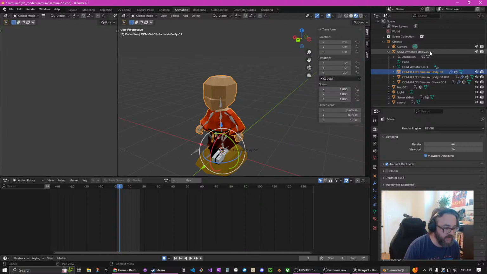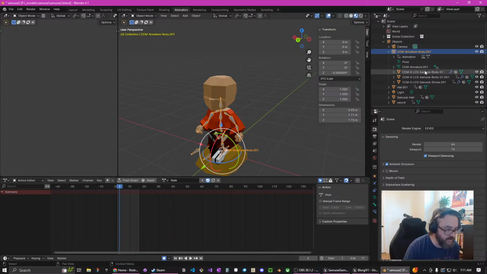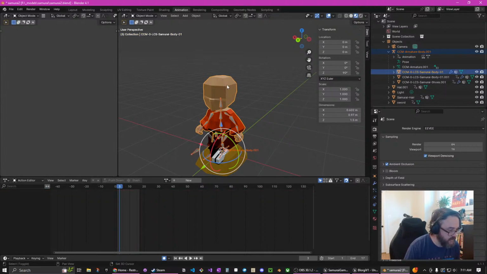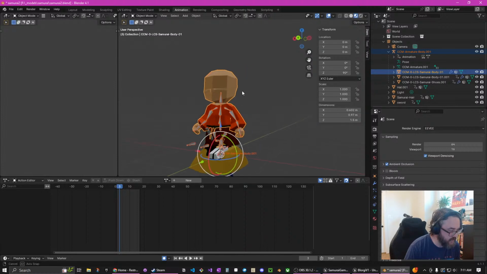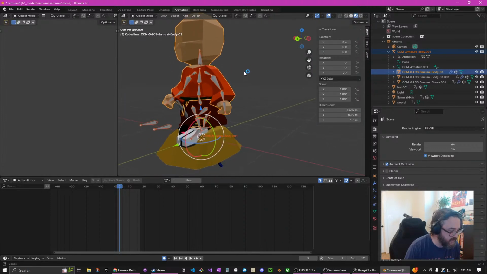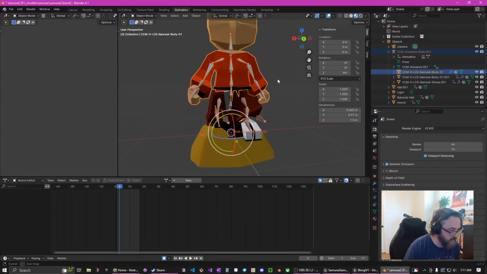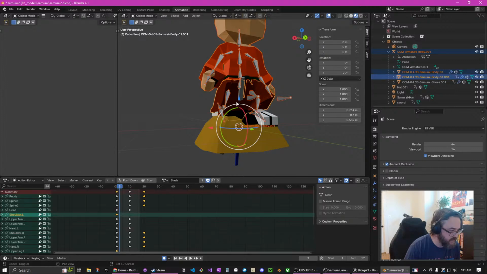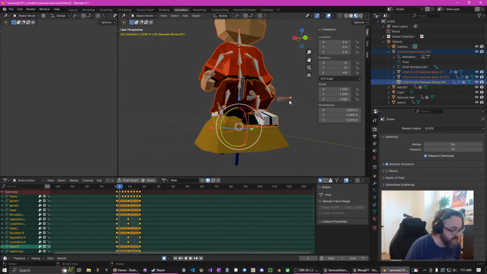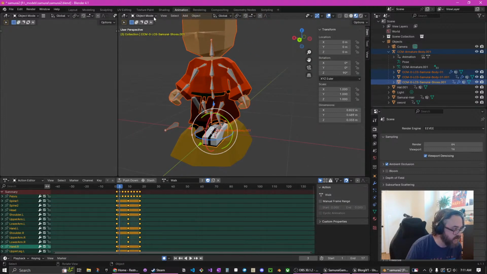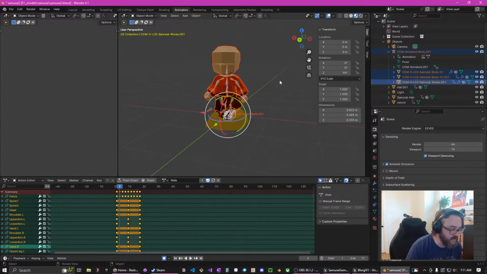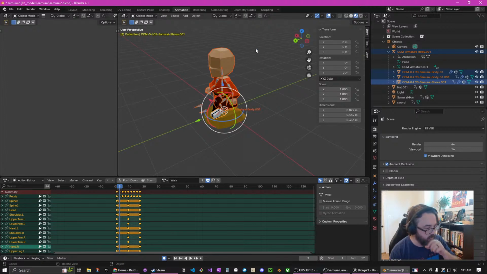So if we select the armature and we select arms, legs, and the feet, that should be everybody. Hat, yeah, that should be good. Okay, and then